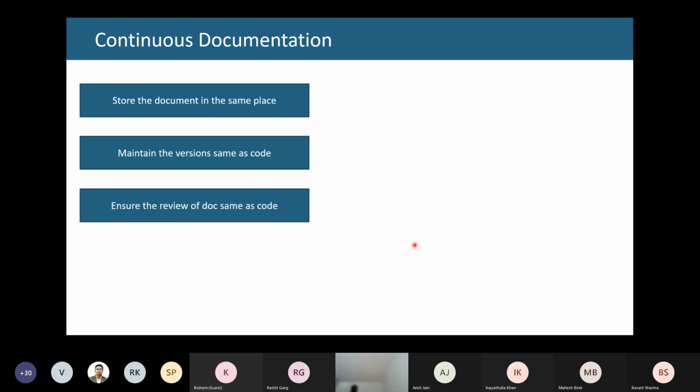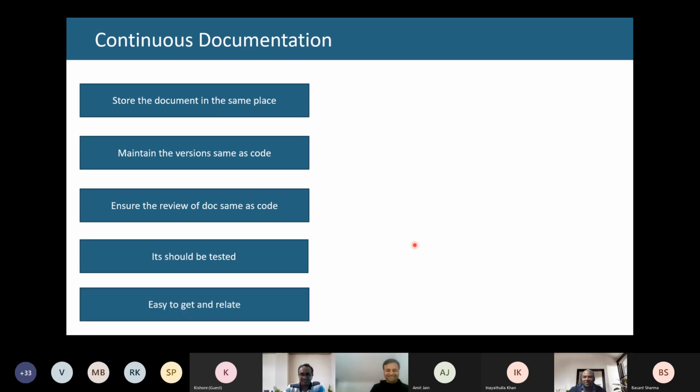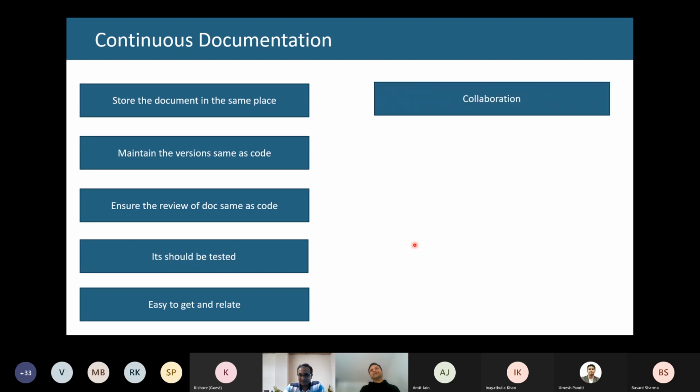One second, my daughter came. She wanted her. No problem. Sorry, this is something you cannot avoid. That's fine, all are in the same boat. They know when to ask their parents when they are in a meeting. Yes, absolutely. And this is the time she knows to come and ask whatever she wants.